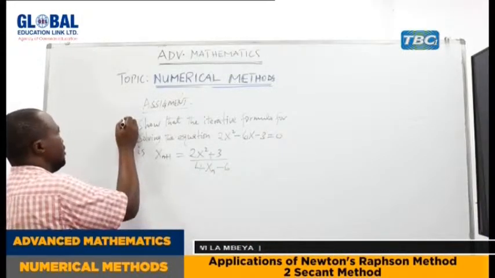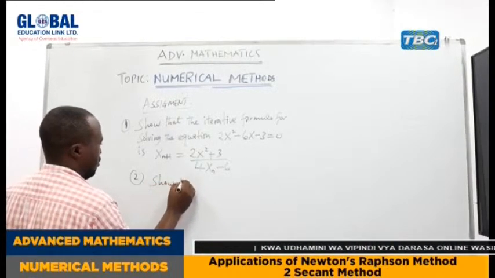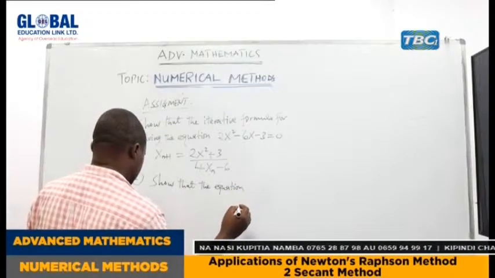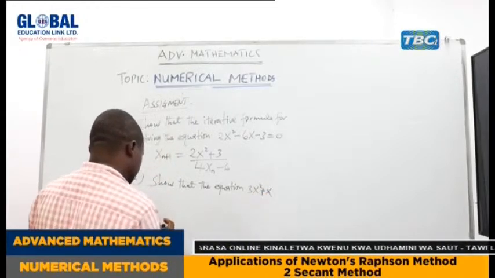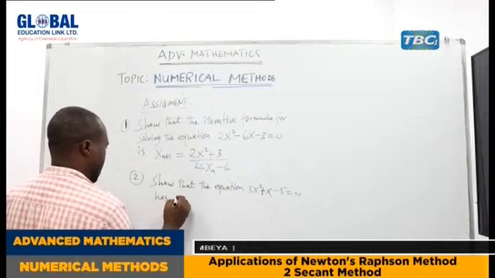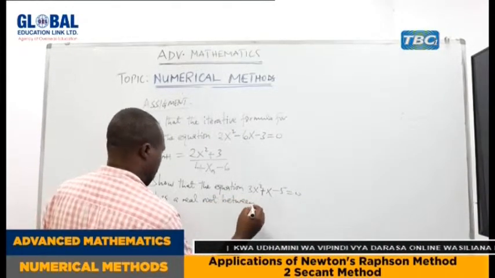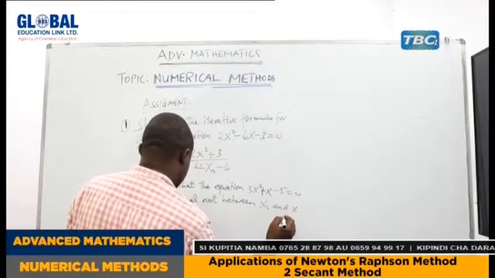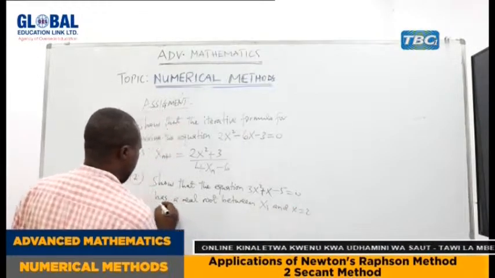But again, in the second question, show that the equation 3x squared plus x minus 5 is equal to 0 has a real root between x equals 1 and x is equal to 2. Of course, here use